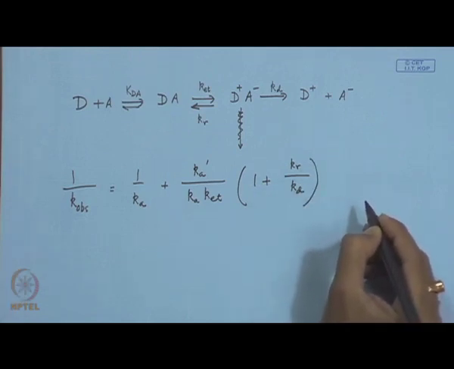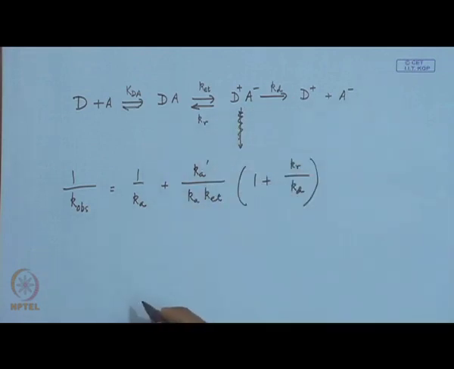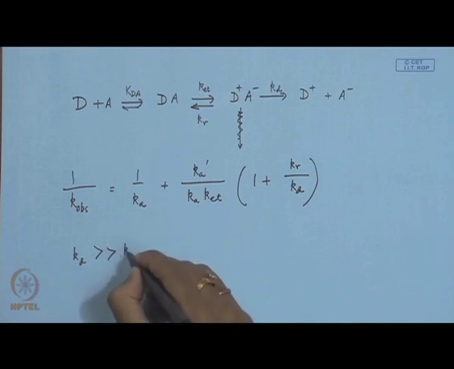Okay. When Kd is very much greater than Kr, what is Kd? Kd is the dissociation rate compared to your reverse electron transfer rate. When Kd is much greater than Kr,